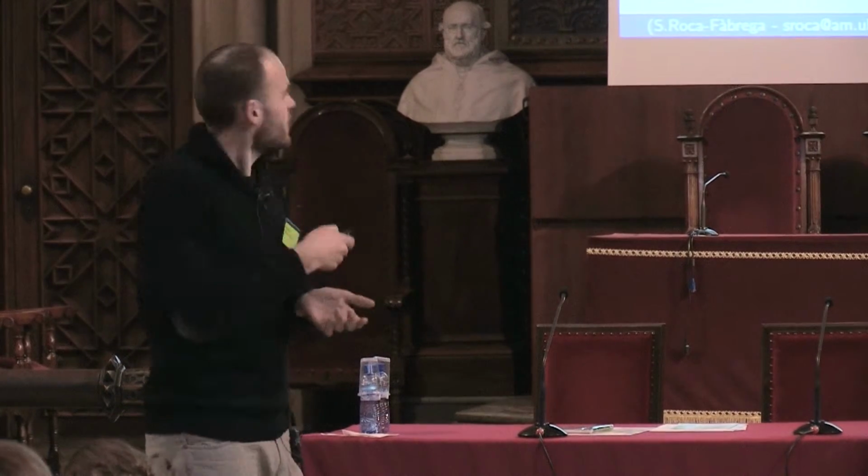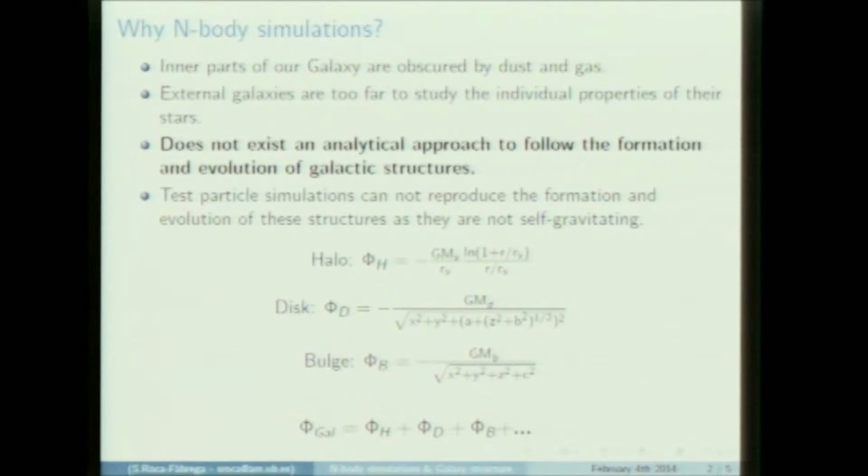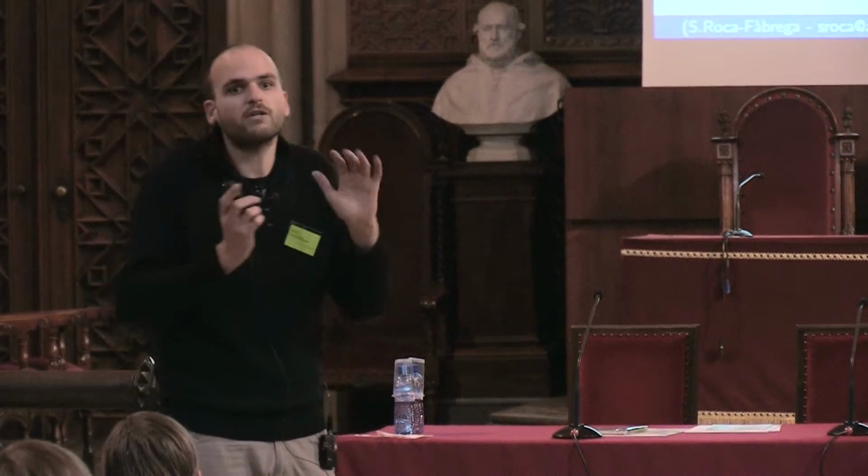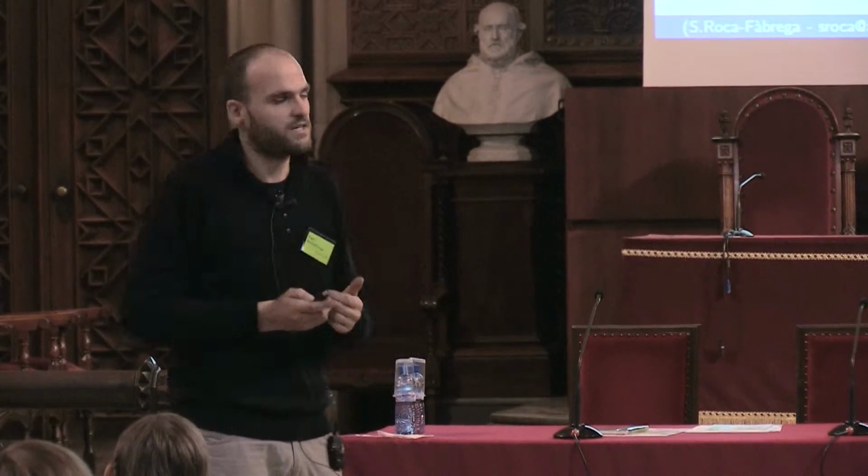The other thing is, if we want to make an analytical approach, the problem is that we have no general expression for the potential in galaxies. We can only do some approximations like this one, which is to call a global potential for the galaxy a summation of the different parts of the galaxy. For example, a summation of the dark matter halo, the disk, the bulge, the spiral arms, the bars, etc. This also has the problem that it is not time dependent. Then we cannot study the formation and the evolution of the structures.